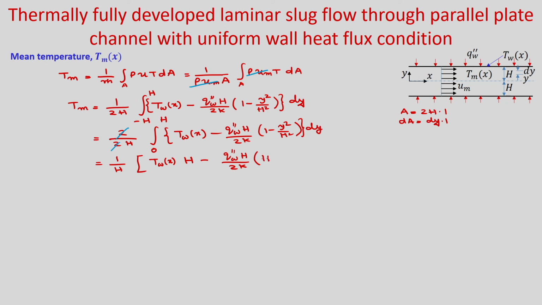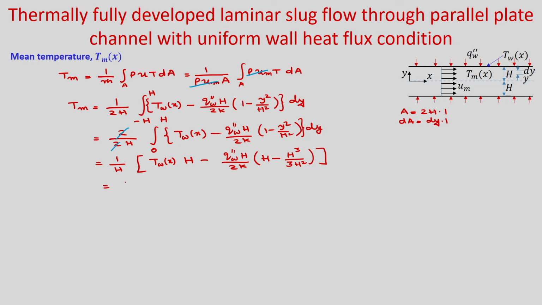So, it will be h only, and now this will be y square. So, y cube by 3. So, h cube by 3. Okay. So, after putting the limits I am writing this. Okay. So, 0 to h. So, 0 will be 0, and at h I am just writing after integrating y cube by 3 h square. So, y cube, if you put y is equal to h, it will be h cube.